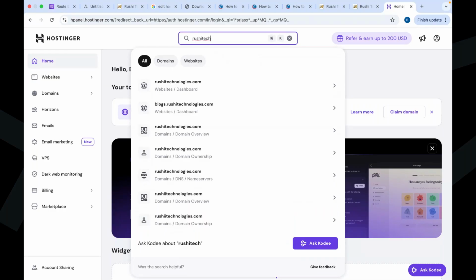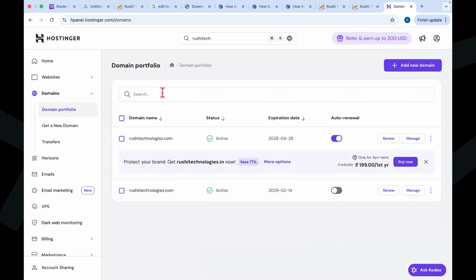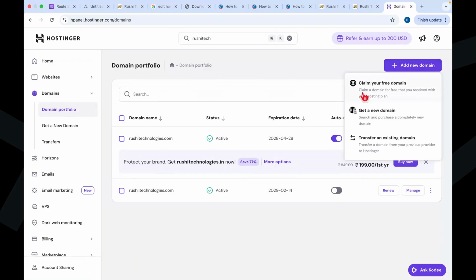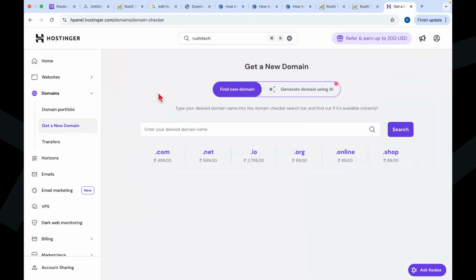Maybe you can go to here, domains. You can search, add new domain or purchase domain, get a new domain. Here you can see get a new domain. So here you can search. Suppose you need, just to give an example,